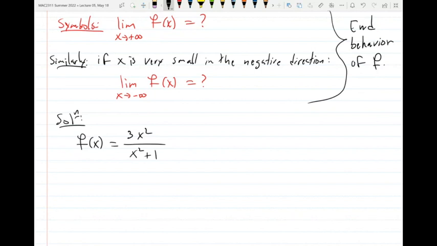This form of the function is not helping me because by just analyzing this, I keep getting infinity on the top, infinity in the bottom. So what I'm about to do is modify this function algebraically. The modification is I'm going to divide top and bottom by x squared. Typically what you want to do is divide top and bottom by the highest power of the denominator. Why? Because, well, you're going to see why. So when you see something like this, just divide top and bottom by the highest power of the denominator. That formula is not helping me, so I'm going to divide top and bottom